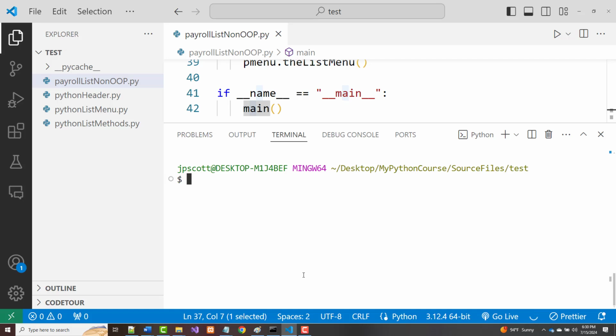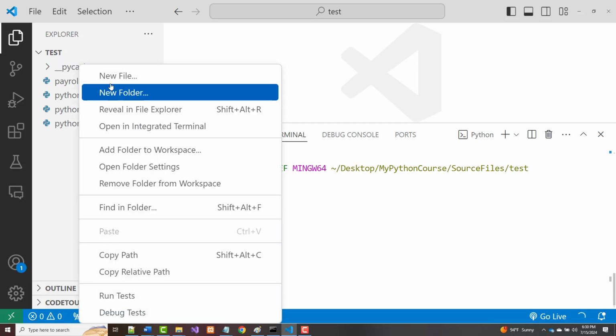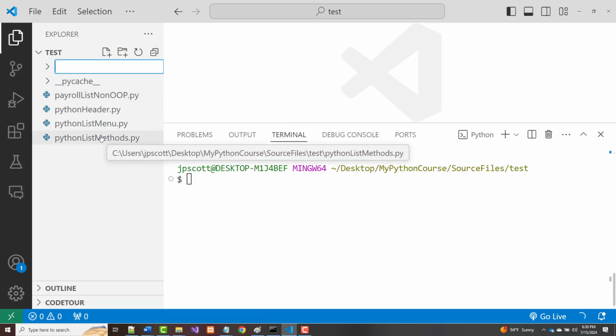GitHub repository. All right. Now, just so you know, there have been 3 videos I've done for this. One thing I'm checking on this, and I haven't done anything on this yet at all, but I think this would work just fine. I'm going to create a new folder, and I'm going to call the folder Python